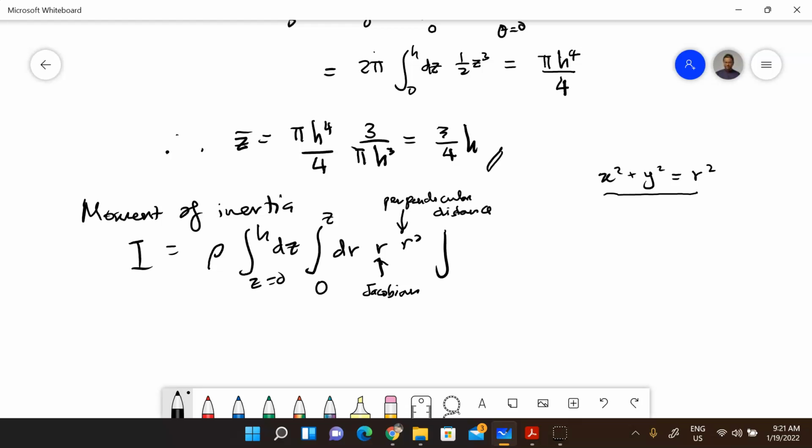And finally your theta, which is a trivial integral to do. Okay, so let's just jump into the z integral. So that gives you rho times 2 pi, and then dz has to take from this r cubed, so that will be 1/4 r^4 integrated from 0 to z here, this 0 to h, so that gives you